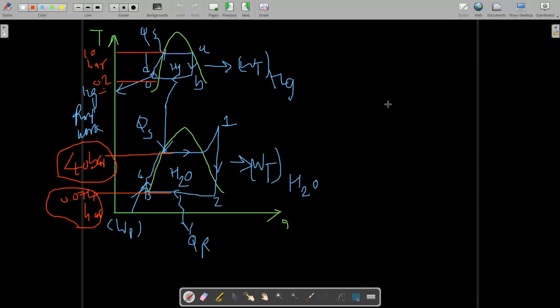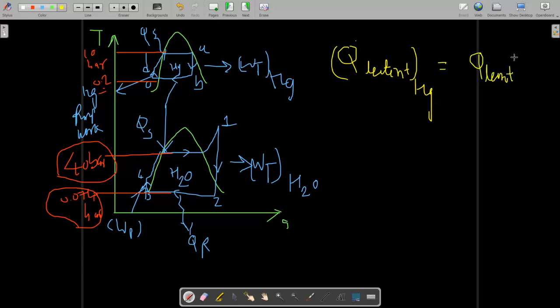That means, this is the main statement, the heart of the question, the latent heat rejected by the mercury